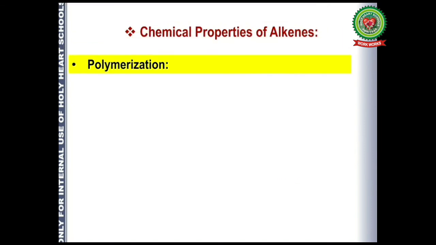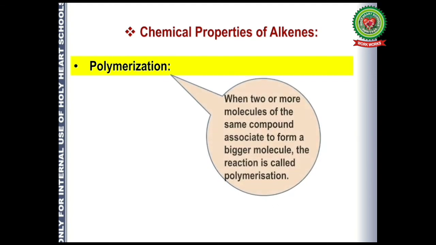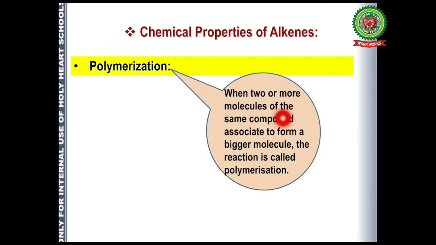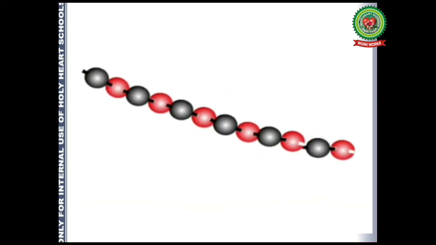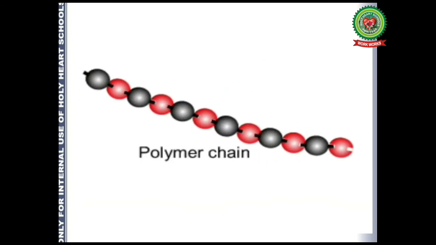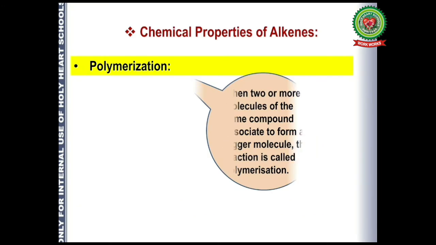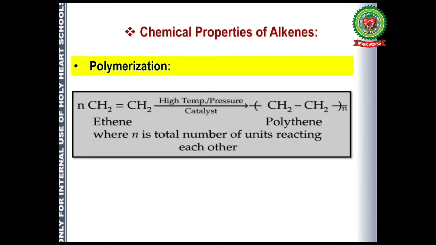The next type of reaction is polymerization. So what is this polymerization? When 2 or more molecules of the same compound associate to form a bigger molecule, the reaction is called polymerization. And to understand this, let us see one thing. So monomer units are present and they link together to form a long chain compound, and that is known as polymer. Now, how does ethene undergo polymerization? At a high temperature and pressure, and by using a catalyst, when n number of monomers of ethene react together, they give rise to